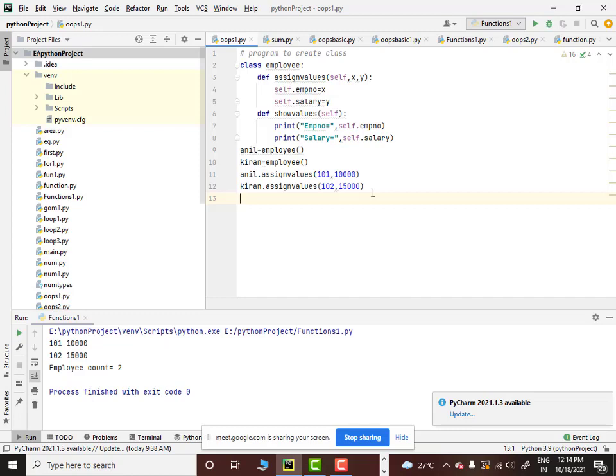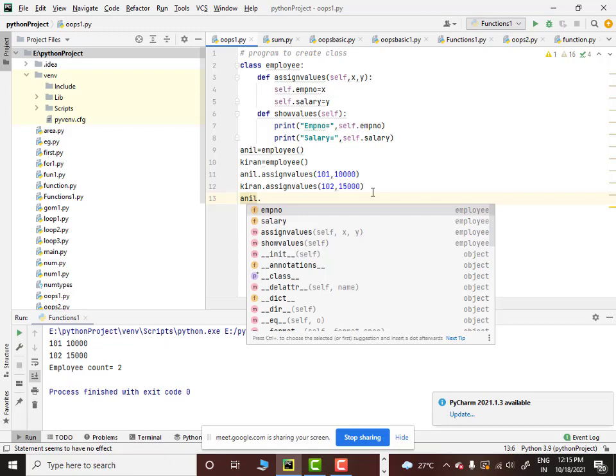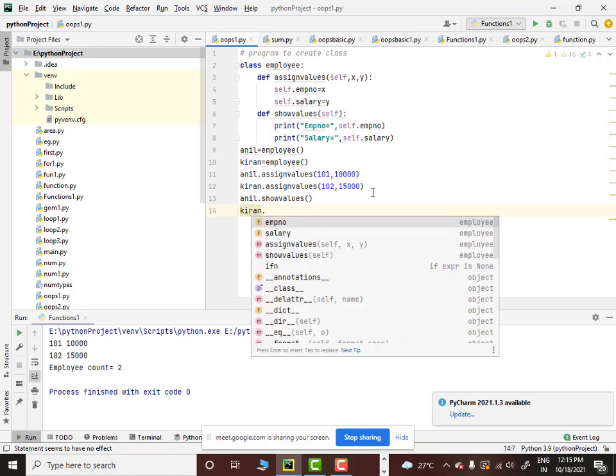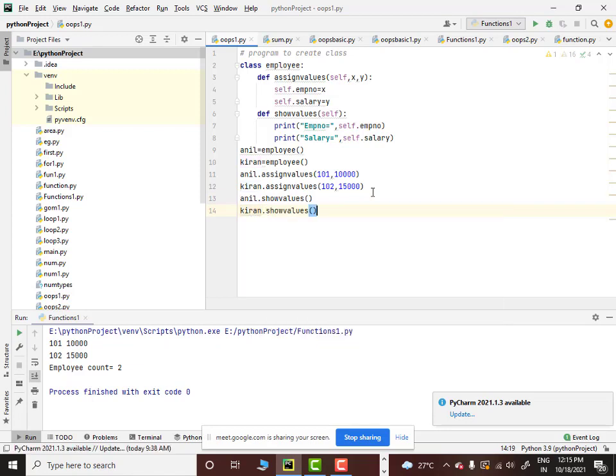Now what you have to do next? You have to basically display the values what you have actually initiated. So to do that, using the Anil object, I will call the show values method, and using the Kiran object, I will call the show values method. So this program is complete now.